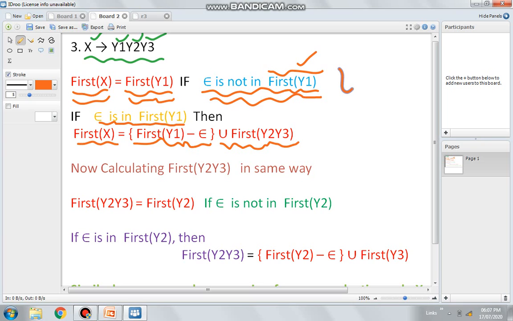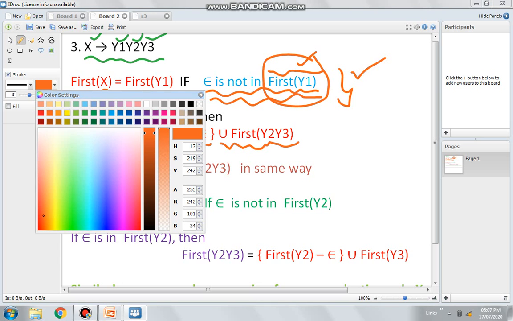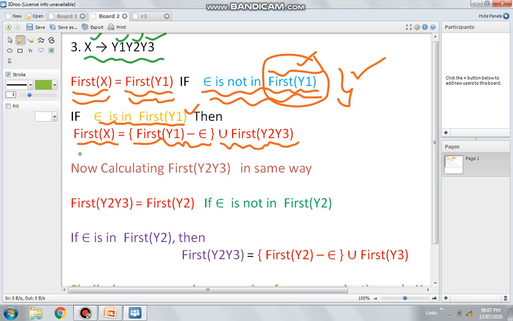So this case is followed when first of Y1 does not contain epsilon. If first of Y1 contains epsilon, in that case this rule will be followed: first of X equals first of Y1 minus epsilon union the remaining terms, that means first of Y2 Y3.